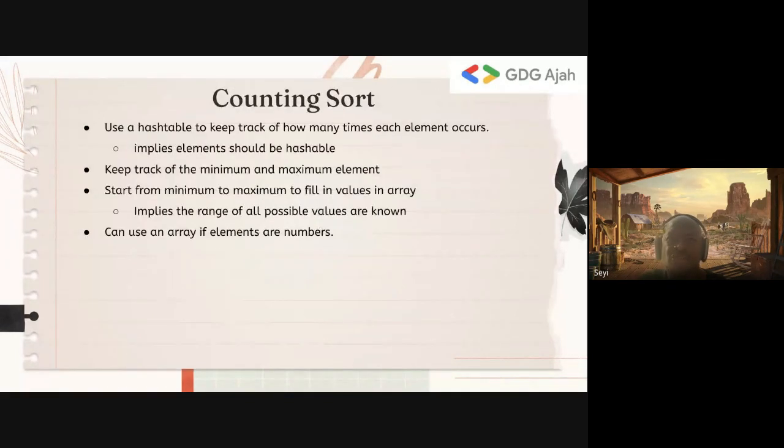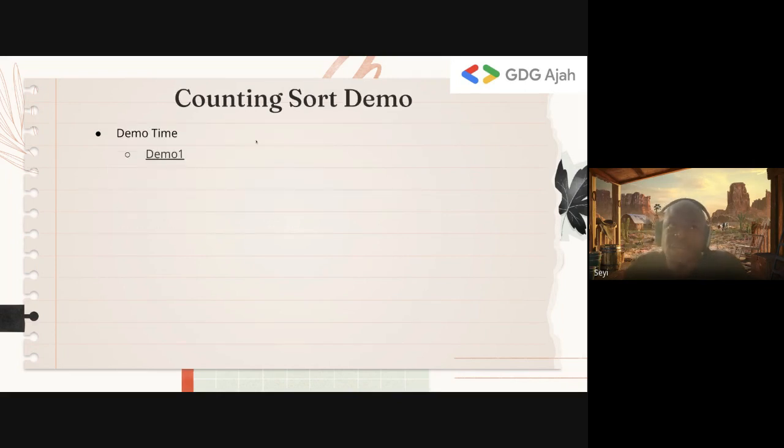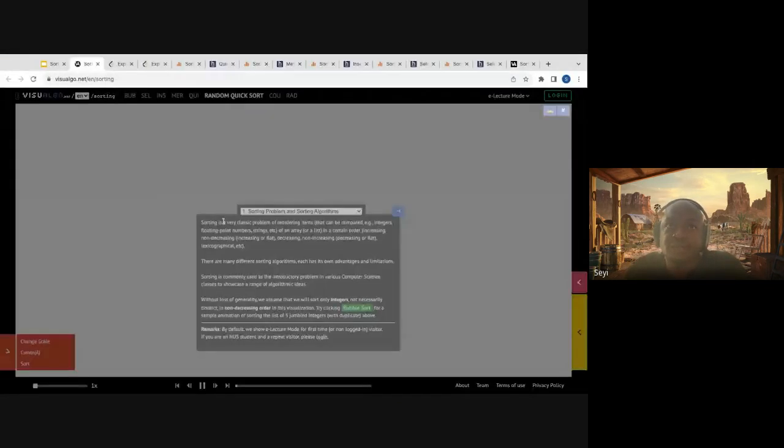So now there's another variation called counting sort. If I use a hash table to keep track of how many times an element occurs, I can do something there. I can create a hash table and count all the elements. And if I know the minimum and the maximum, I can loop from the minimum to the maximum and insert the amount of times each element occurs in the hash map into the array successively. So I think a demo is the best place to show this, really.